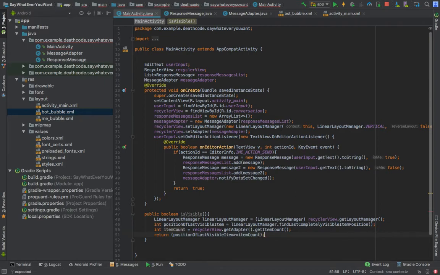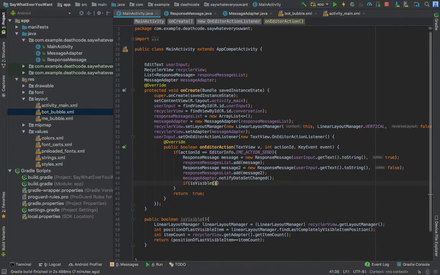If we have reached a position where our element is the last, yeah, and our last visible item position is greater than the adapter's item count, we just smoothly scroll to the